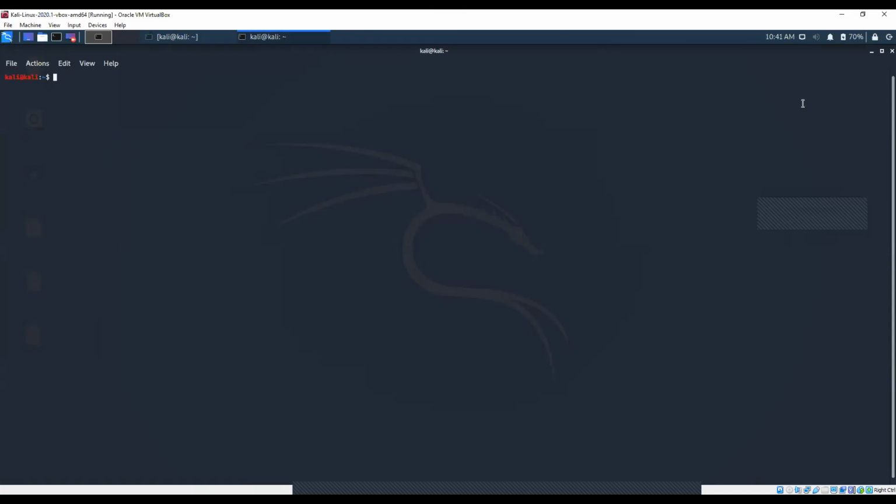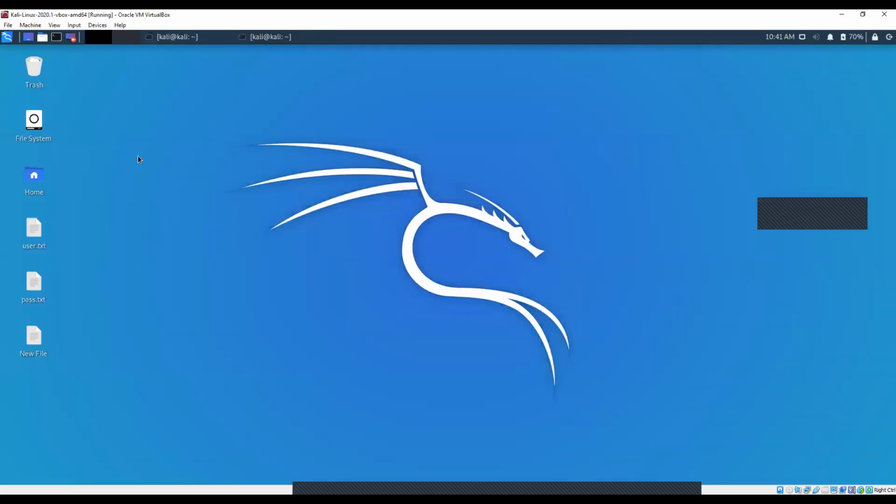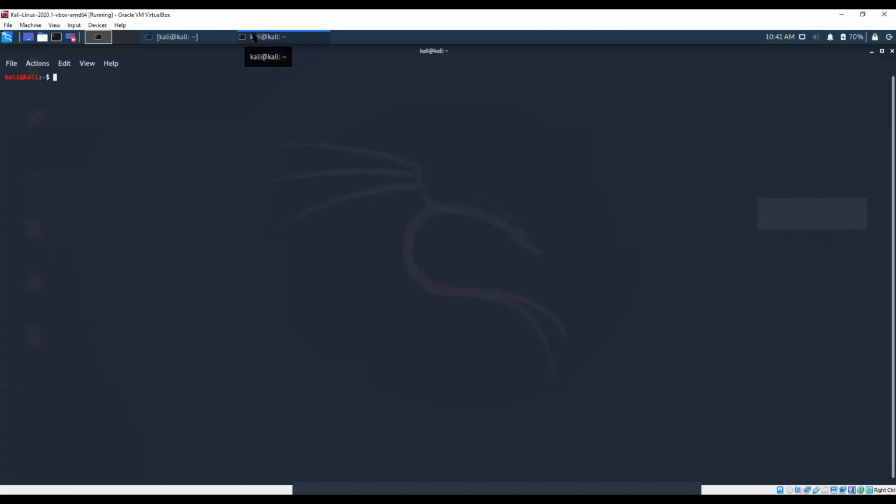What you need to do is simply open up this Kali Linux, and you can open up a terminal. This Kali Linux will open up a terminal like this. In this terminal, you're going to give the basic commands. So what are the basic commands? I'll give you a list of basic commands. I'll check if I have a list of basic commands. I think I have one.